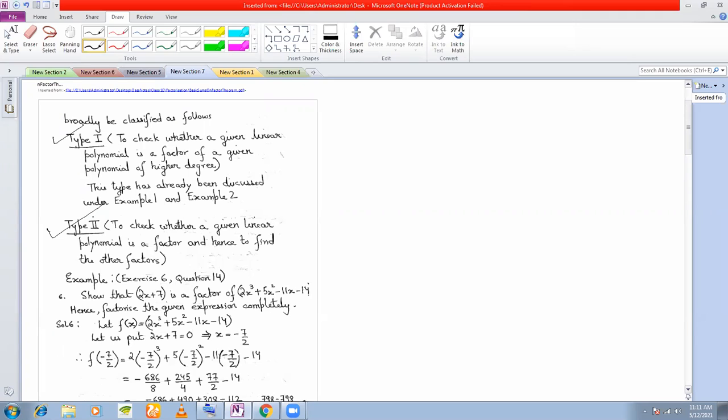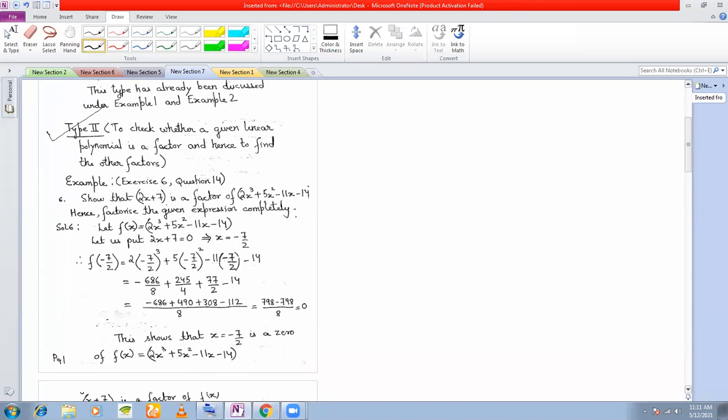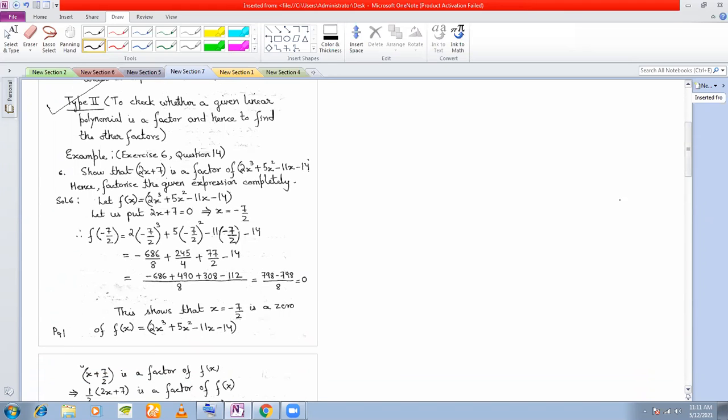Okay. So type 1 is a more easy type of problem which we have solved just now, that show that 2x plus 1 is a factor of f(x). So that is very easy to solve, right? Now type 2 is a little more on the technical side, a little more lengthier than type 1. Okay, so let us see this question. I have written the question here. Luckily in this note I have written all the questions. Okay, so I don't need to write the questions here anymore. I'll just go through, you check in your textbook and give the appropriate sum numbers in your copies. Okay.